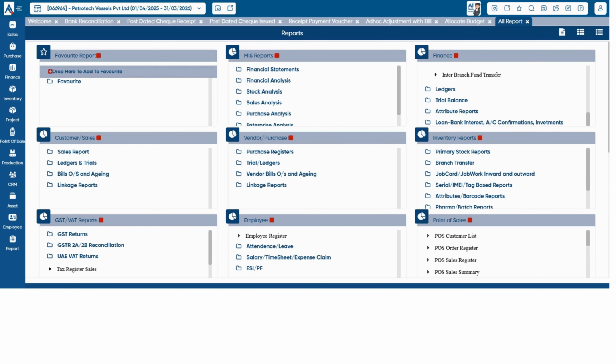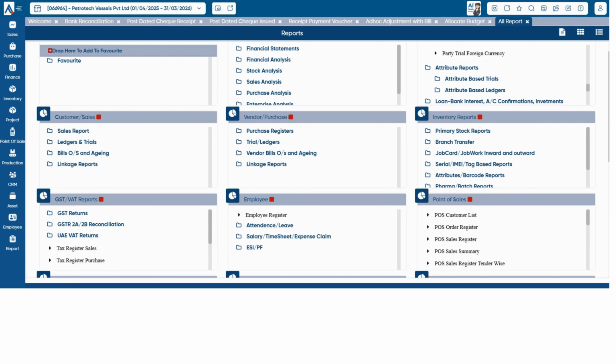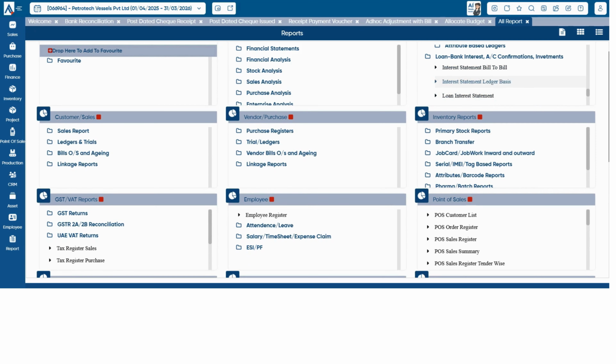You also have detailed reports like Ledgers, General Ledger, Subledger, Trial Balance, and even Subledger-wise Trial Balance and Location-wise Trial Balance. On top of that, there are reports for the 5 attributes we discussed earlier in the company setup, so you can run attribute-based reports as well. Also, there are special reports for loan and bank interest and account confirmation. So, if you've enabled the loan account feature from the ledger, you'll be able to see all relevant loan-related data